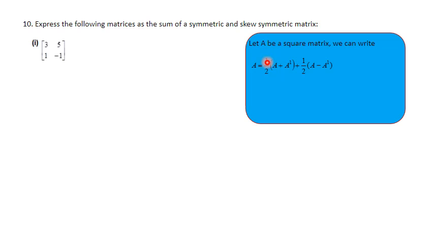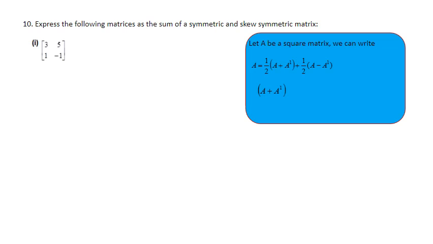So 1 by 2 A transpose and minus 1 by 2 A transpose will be cancelled. Finally, you will get 1 by 2 into A plus 1 by 2 into A. So half of A plus half of A, that is A. So here in the previous question, question number 9, we have calculated